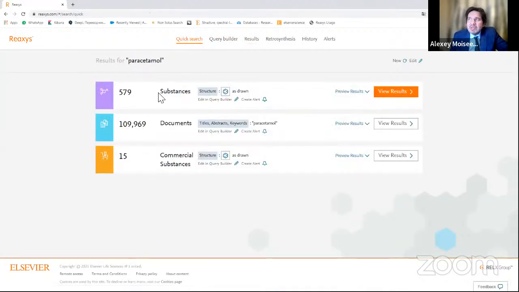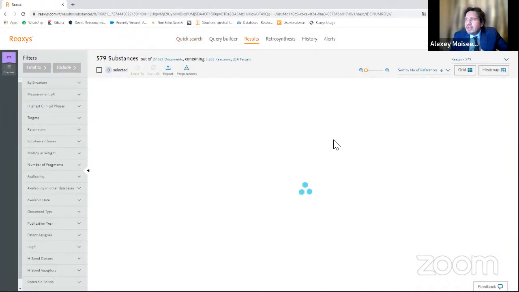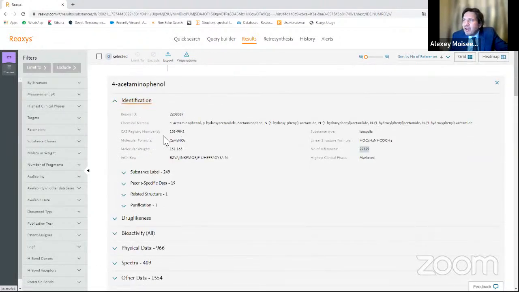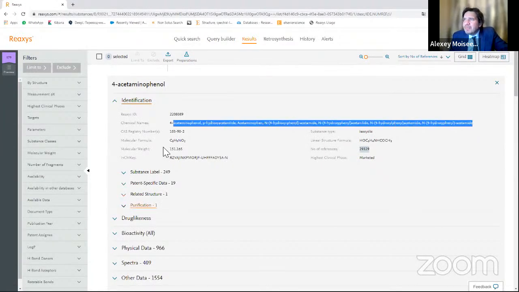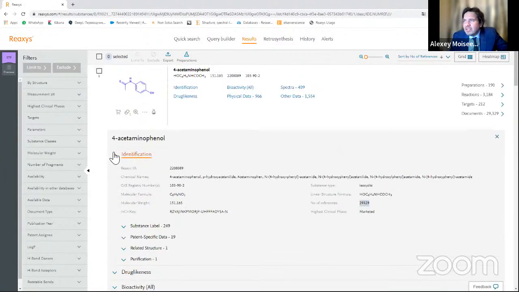The most interesting database for us is the substance database. You will find really a lot of extracted information about our paracetamol. Here we see that the name of paracetamol is different, that from a chemical point of view it's 4-acetaminophenol, and you have a lot of identification information, chemical names and alternative names, CAS numbers, molecular formula, a lot of useful information.